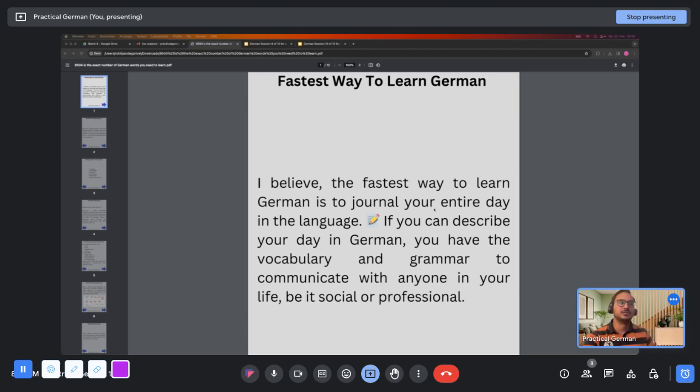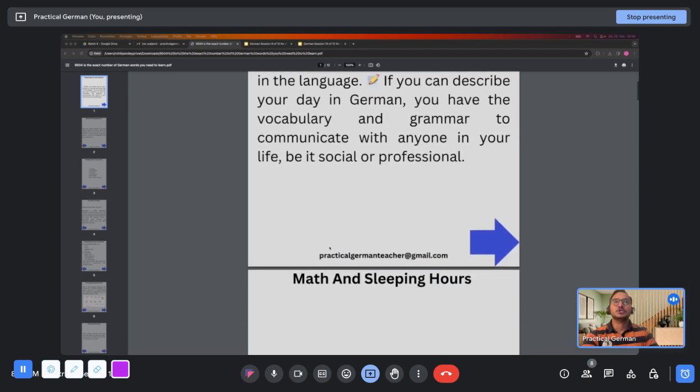You can try to write some things, the highlights. I wake up, I do work, I eat lunch, and then you can fill in whatever happens between waking up and starting work. You take a shower. Before that, you may go for a walk. After the shower, you may have breakfast, something like that. And while you do that, you keep improving your grammar and so on. So that is the best way to learn German.